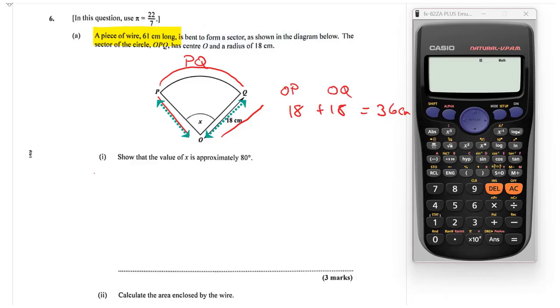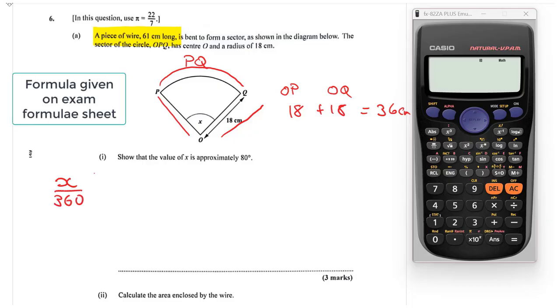So we have 36 centimeters there. Now in order to find PQ, we have to use the formula for the arc length. So PQ is going to be equal to x over 360 times 2 pi r. And if we add the OP and OQ, we are going to get plus 36 is equal to